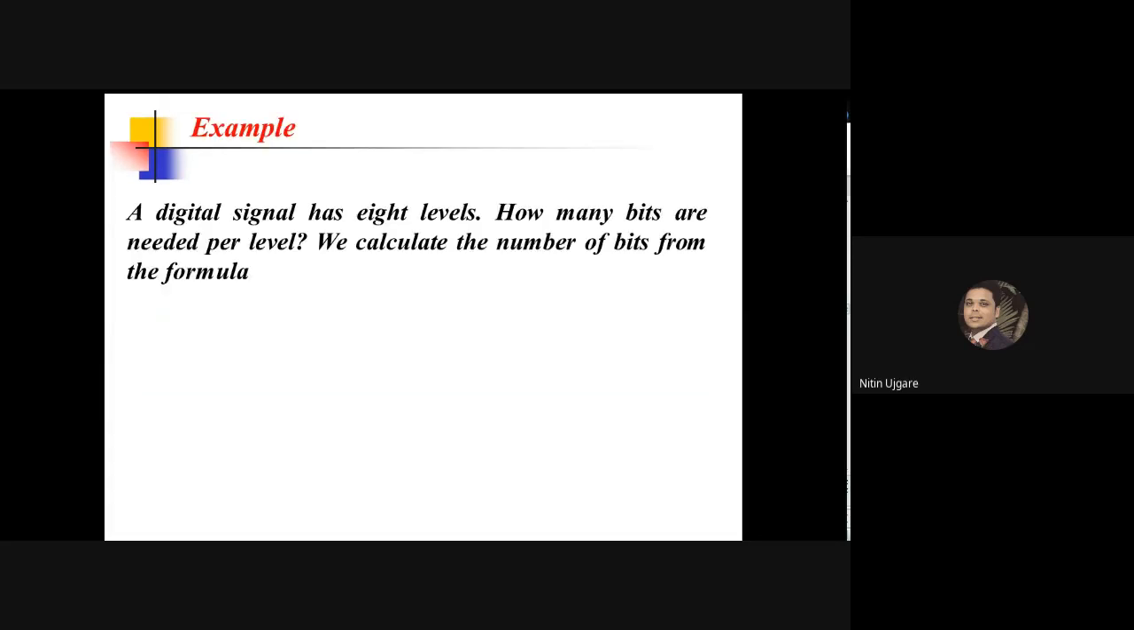So we will also see the information about the exponential and the logarithmic function. Let us say that a digital signal has 8 levels, how many bits are needed per level? We calculate the number of bits from a formula, and this formula is basically,